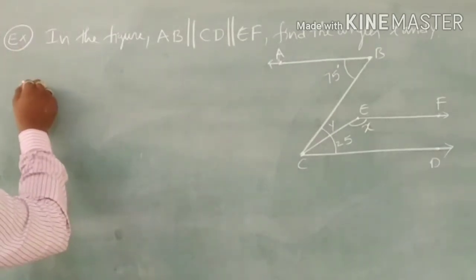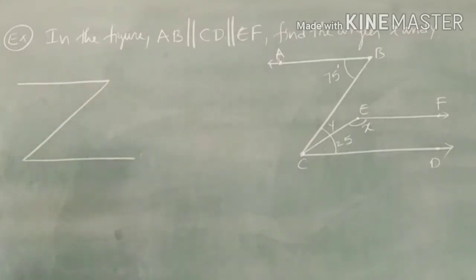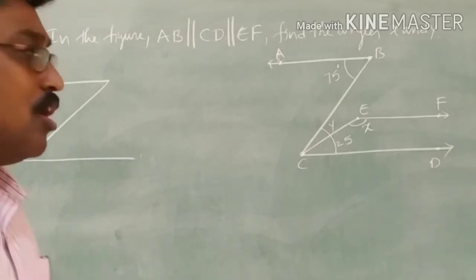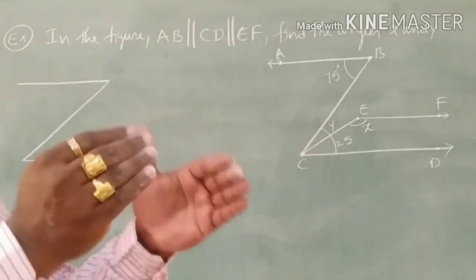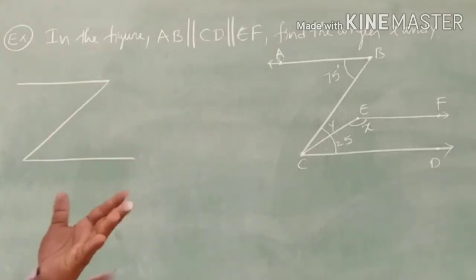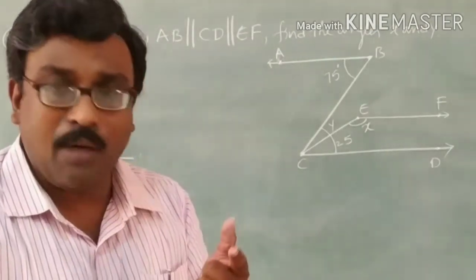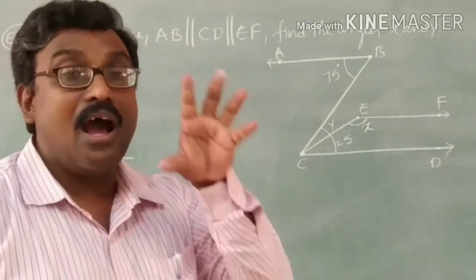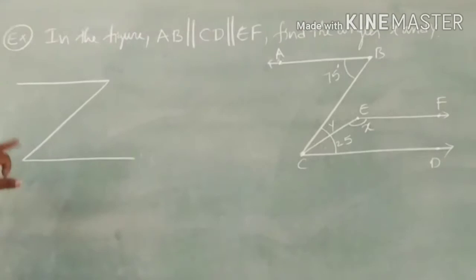Now, what lines are parallel? Whenever you are facing a geometry chapter, if they are telling anything is parallel, part by part you should separate the diagram into different parts, and part by part you should observe whether any alternate angles, corresponding angles, vertically opposite angles or co-interior angles are present or not. You should investigate. Whenever they are telling these are parallel lines, automatically either corresponding or alternate or co-interior angles will be there. You should check.